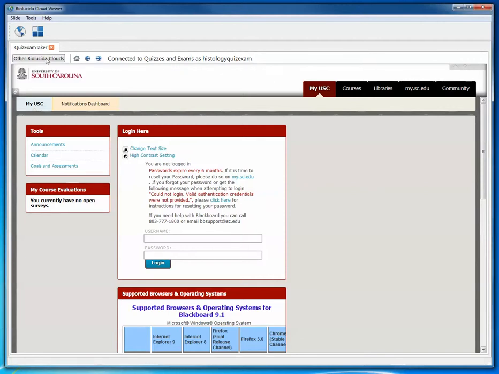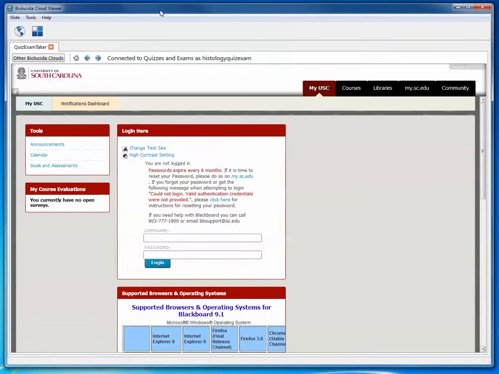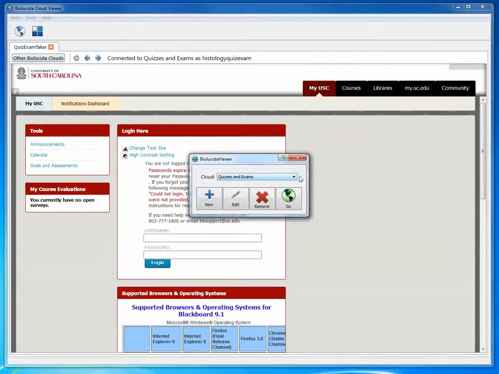You see here, this is Biolucida. That's the viewer that I'm running, and I'd have to put my username, or your username and password, and log in. You navigate to the quiz, and then when you get there,